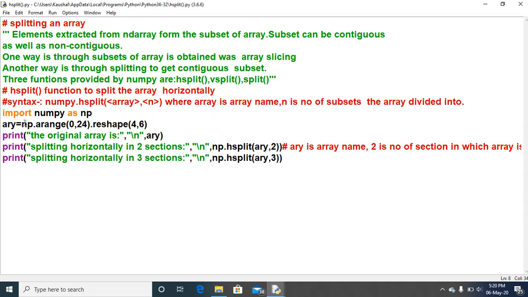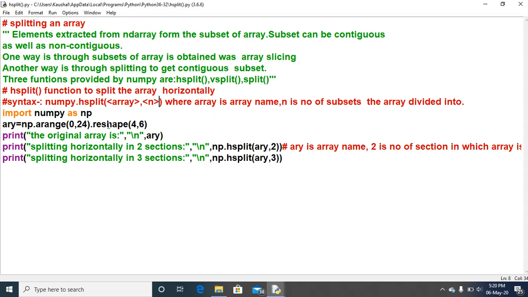I have created the 1D array named ARY, which contains the elements 0 to 23, not 24, because the last value provided in the arange function is excluded, so 24 minus 1 is 23. So in the original array you will get the 1D elements 0 to 23. 0 will be the first and 23 will be the last element.